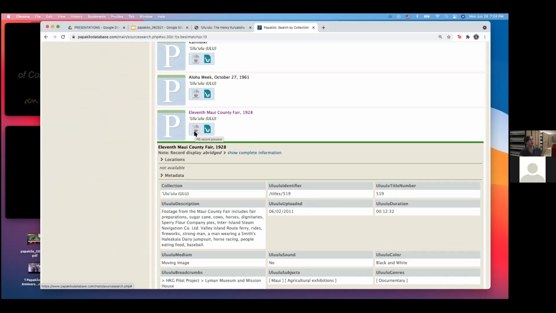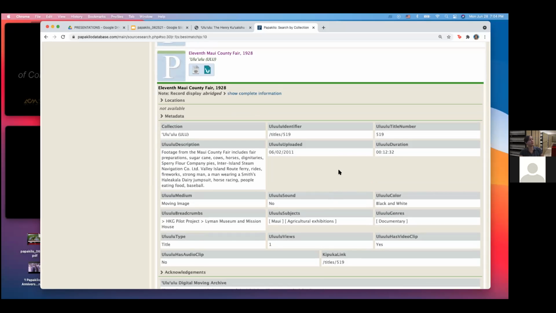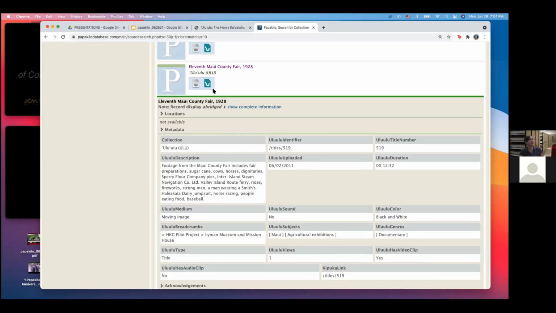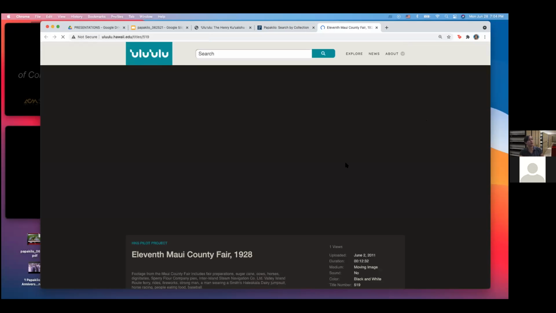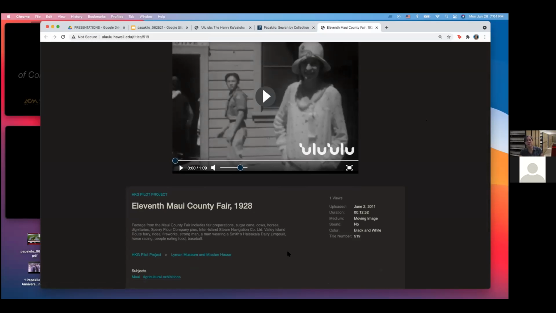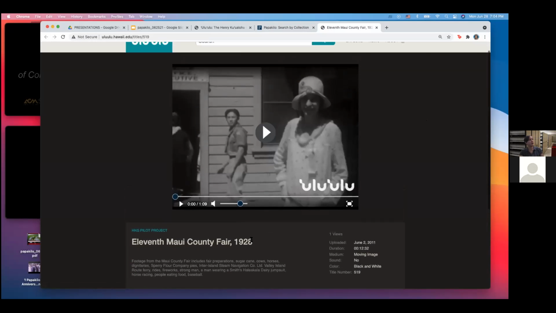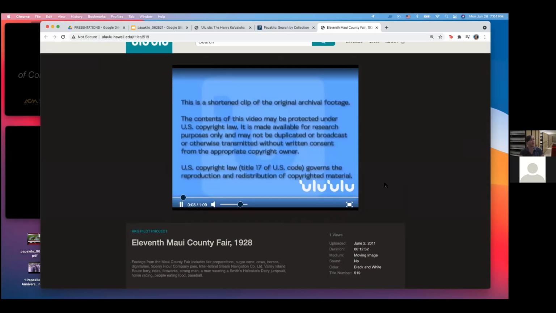Clicking on this icon here brings up some descriptive and technical information about this record, 11th Maui County Fair from 1928. Clicking on the ʻUluʻulu icon brings up that same record on ʻUluʻulu's website. Once you bring up that same record on ʻUluʻulu's website, this is where you can read the same descriptive information that was on Papakilo, but in addition, you can also view a short clip of the digitized video footage. Our website has short clips for each record,